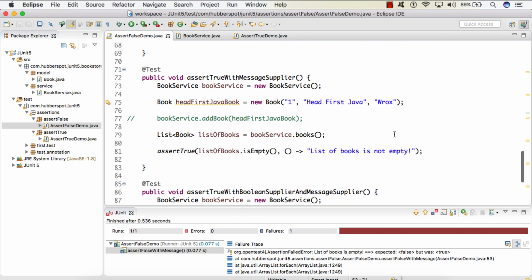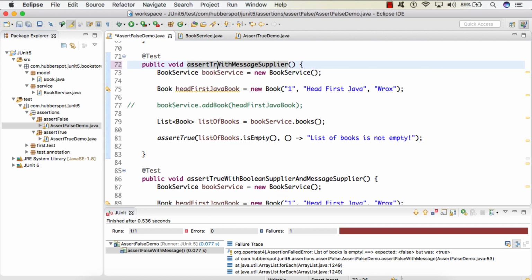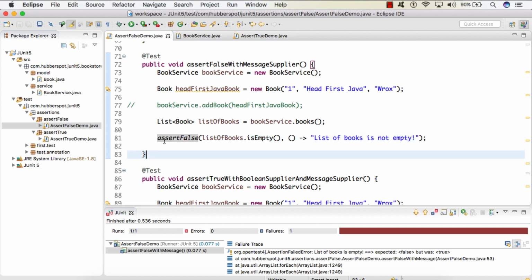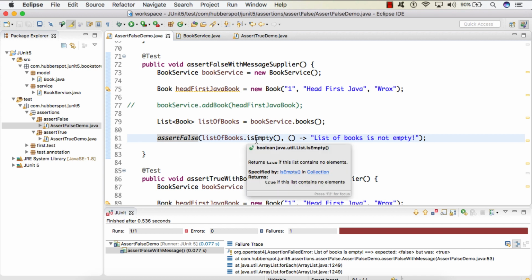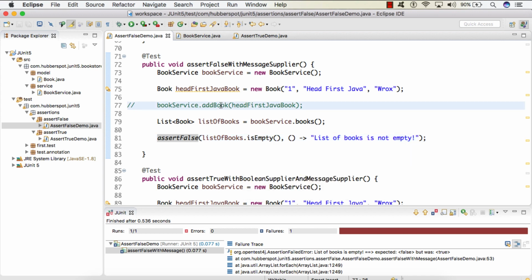Now let's see the third overloaded method, which is assert false with message supplier. So here you can see that this test case will fail because list of books is empty, as we haven't added any book to list of books.